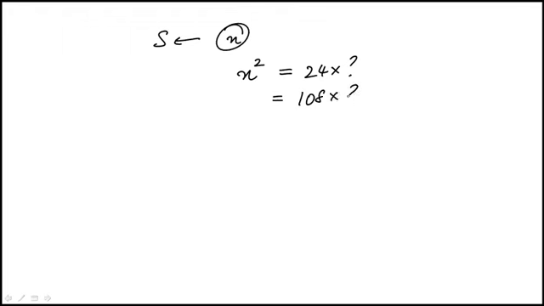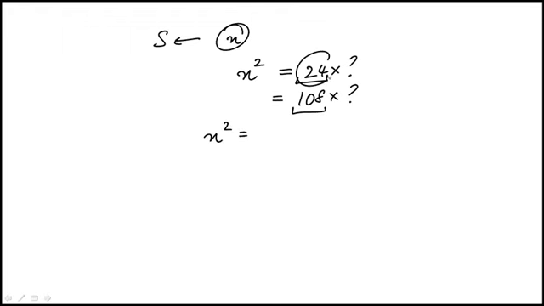So here we're given that S is the set of all positive integers n such that n squared is a multiple of both 24 and 108, which means n squared is 24 times something, and it's also 108 times something. So the best way to think about these problems is to do the prime factorization and see what it reveals